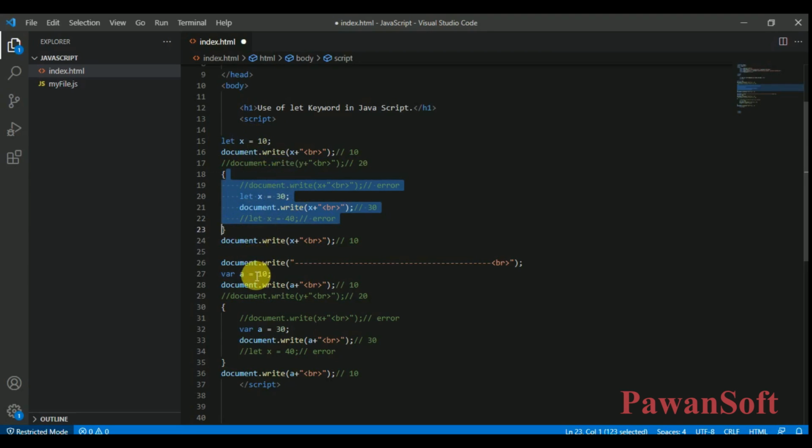But when you declare the variable using the var keyword, here a is 10, okay, you will get 10, and then a is 30. So variable a is 30, so you will get 30. But here also you are getting 30 only, right?